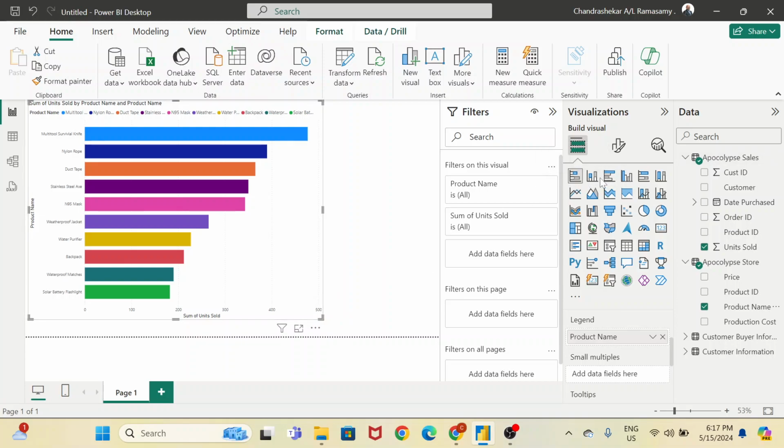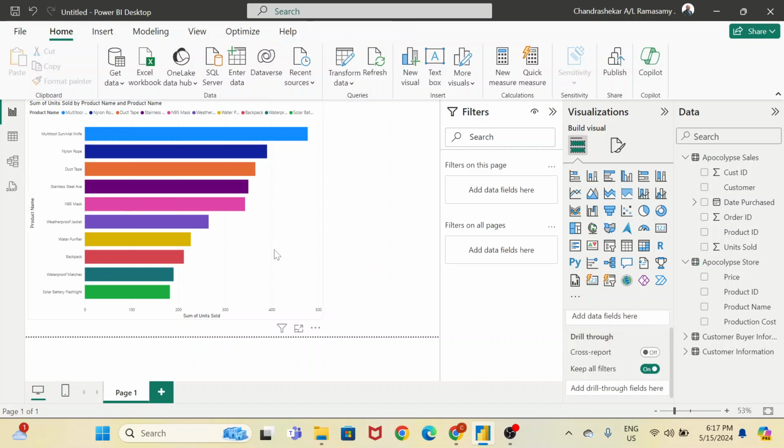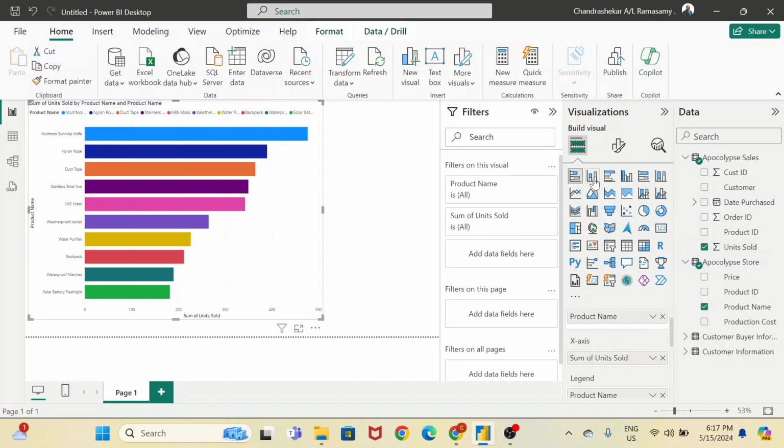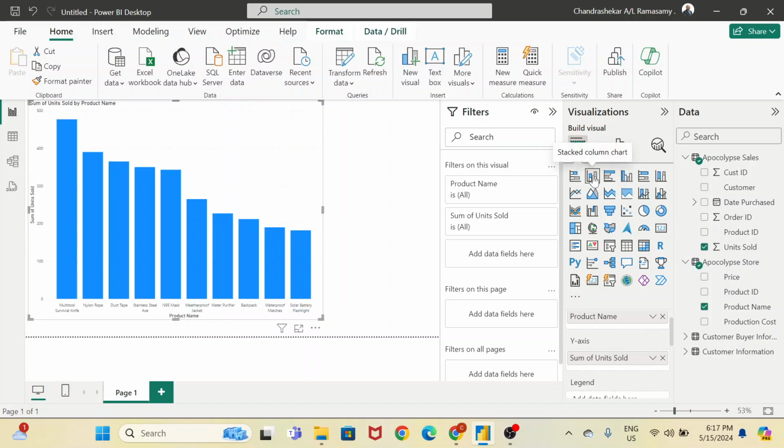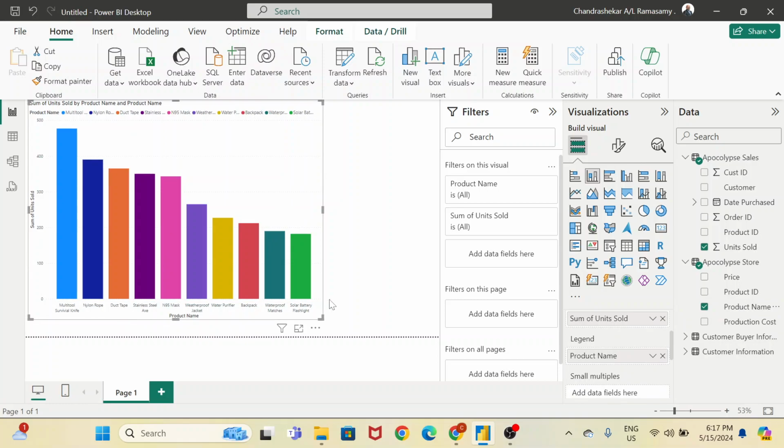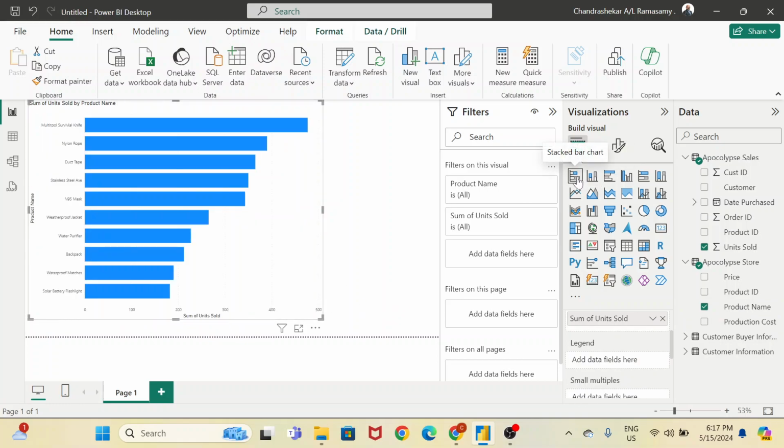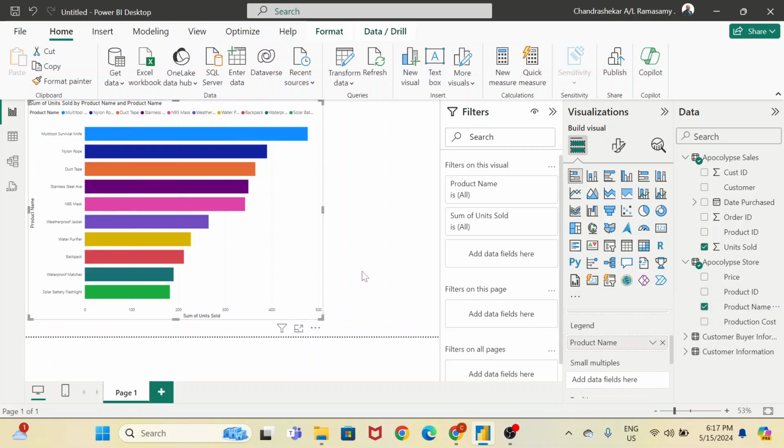bar chart. And if you press here, highlight this, you see a box here. You go for the next one, stack column chart, you press this, and the chart will change to stack column chart. And legend, again you press this product name here and it will become like this. So just now was stack bar chart. Somehow the legend is missing. Again you can pull the product name into legend, put it here. And it depends on what you want, you can also press stack column chart. That is regarding,